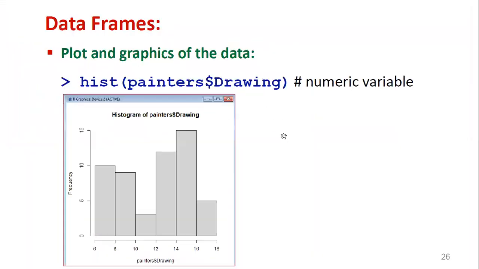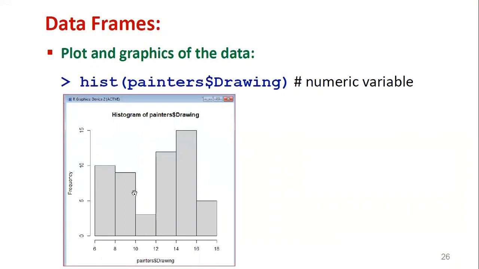Now histogram is another graphics function. The command is hist. This can be applied for a numerical variable, painters dollar drawing. The x-axis automatically contains whatever the data set and variable name is, painters dollar drawing.